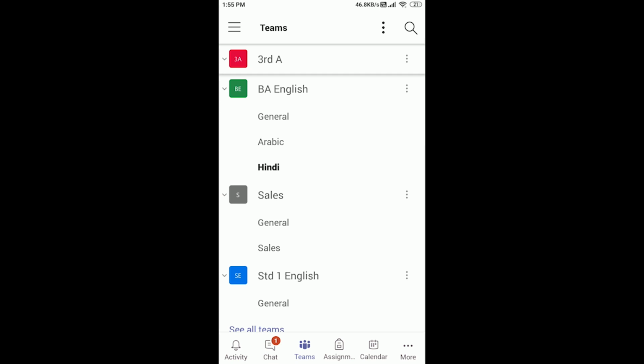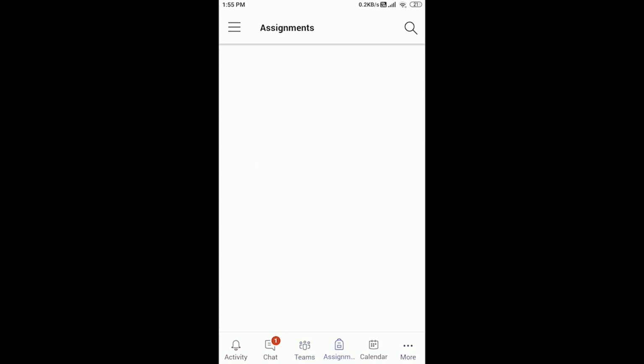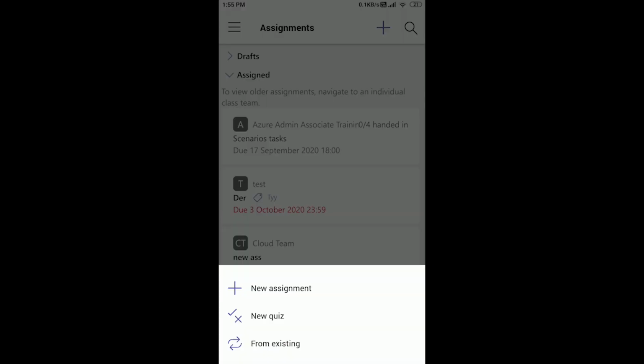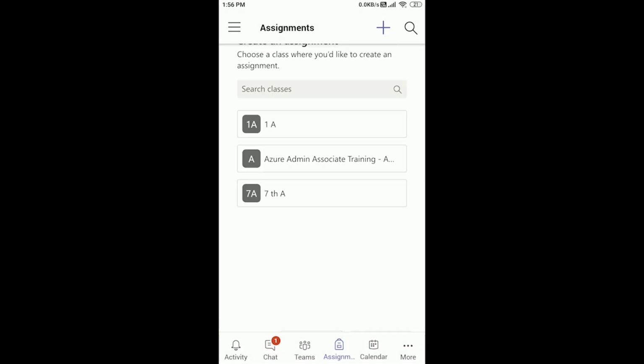And after that, I can see the assignment option. If I click the assignment option, I can assign an assignment to someone, for our employees. We have a lot of assignments for the sales team or marketing team, so I can select it from here also. So how do you assign an assignment to people? Here we can see a plus icon in the upper right side. Click the plus icon and we can see a new assignment option. Click the new assignment option, and we can see the channels or the teams we just created before.